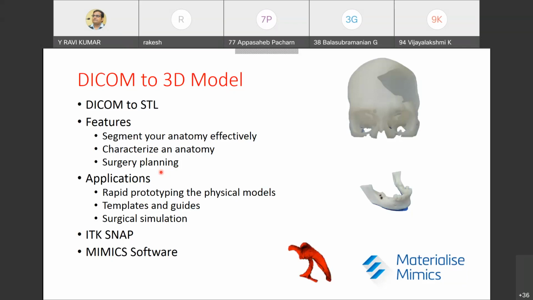Those are engineering things, and we can also do surgical simulations virtually. This is an extension of Gagan's presentation, and it is somewhat similar to the surgical simulations he has done. He explained the Mimics software, but it is a costly one. So we have ITK-SNAP, software which is available freely, and we will work on it.